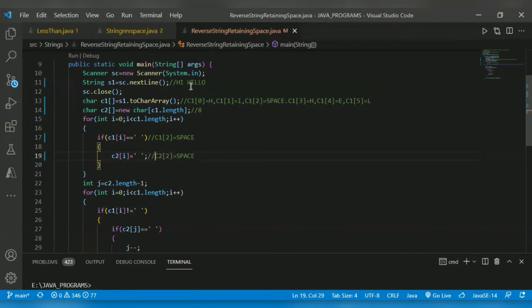Then it will go to H not space, E not space, L not space, L not space, O not space. There is only one space in the program, that is at the second position.